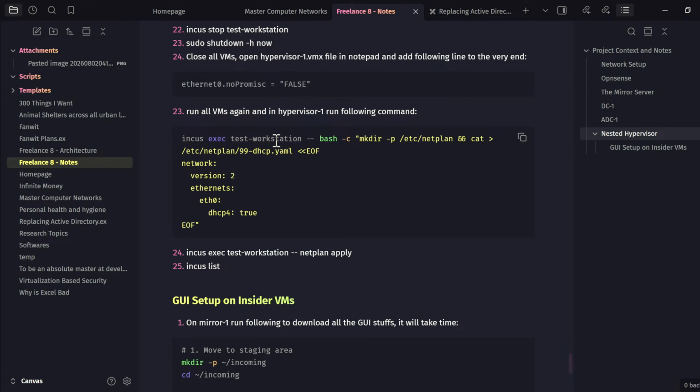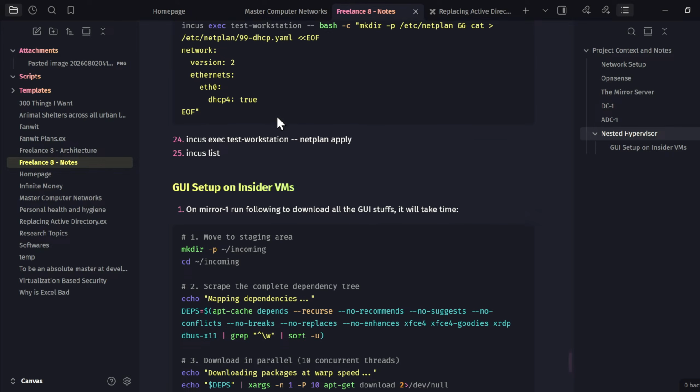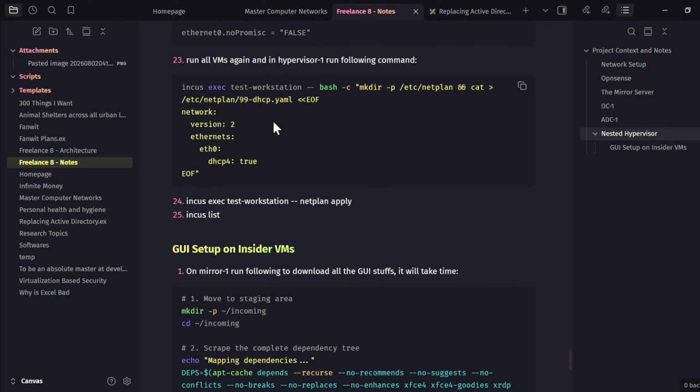Inside this test workstation, you will execute this command. To work with this containerized application, this is the way you execute something inside an image, separating that inside command with this wrapper. Fine. So execute this. This will replace the netplan dhcp.yaml file with this content. And finally, we will be able to see an IPv4 address on our machine,